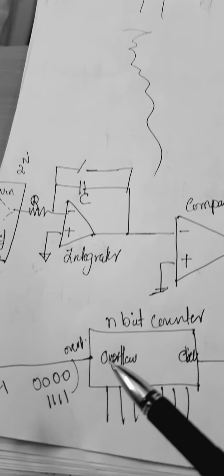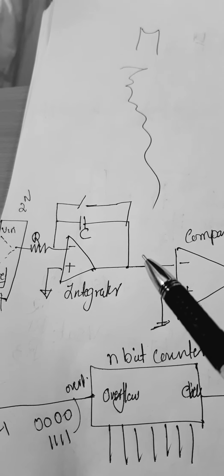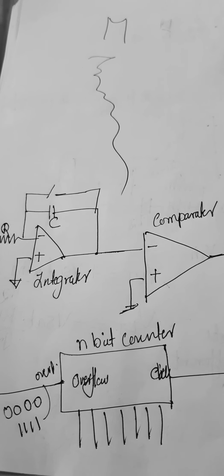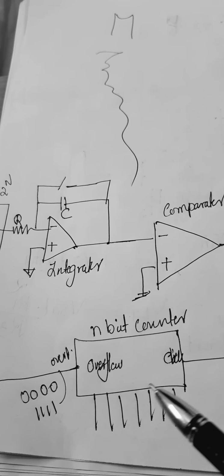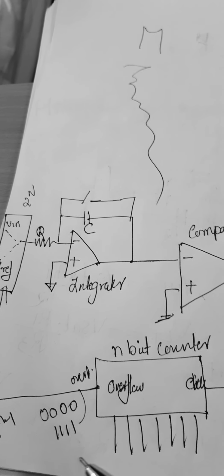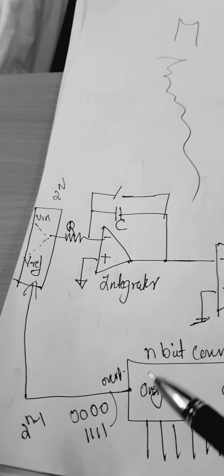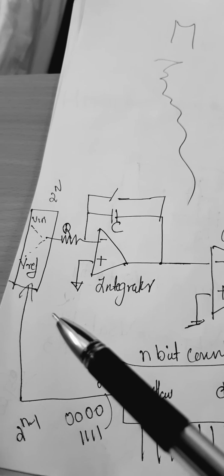One of the important things you should understand is that with positive Vn, the integrator output goes negative and the comparator gives a positive value. How long that positive value is retained depends upon the counter overflow. This time, from 000 to 111, is fixed, that is T1. After the counter's overflow bit is 1, the switch is moved to V reference.